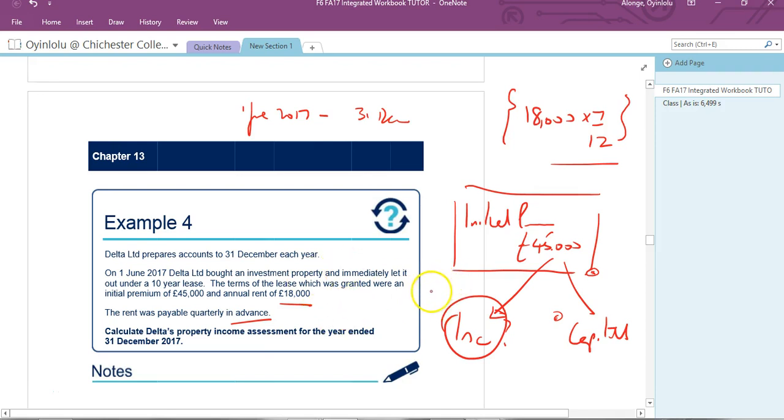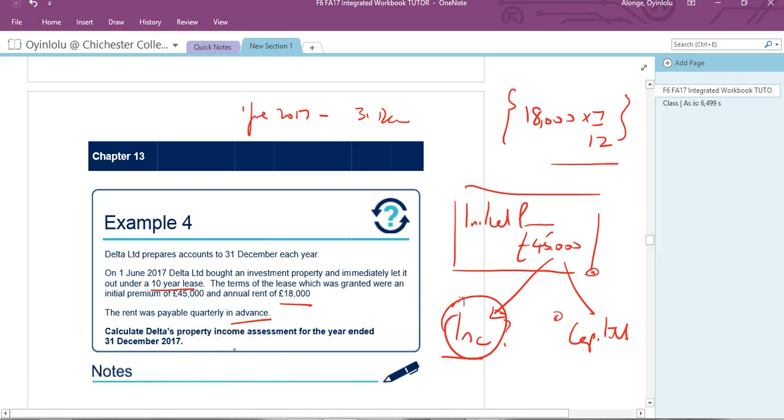If you're doing a question on the tenant, the tenant cannot put through a full expense of this premium, because it is over the lease period. So what you have to do is divide this figure by 10 years, because the accruals concept requires that he only puts through a yearly expense. But the landlord is receiving all the income that year, so she is obliged to record and pay tax on all of it immediately. Okay, great stuff.